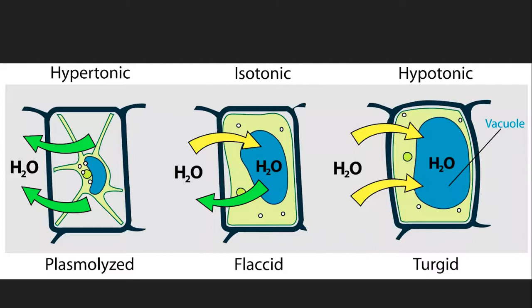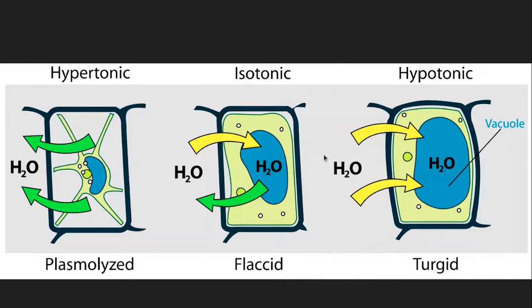So basically, if the water level outside the cell is more than inside, the cell becomes turgid. Not only the water, remember, salts and such also matter, but in relation to the tonicity, that is, solute concentration is also very important. So if the cell has less of it, then it becomes turgid because there's more of it outside. If you remember, I had shown it to you in percentage.